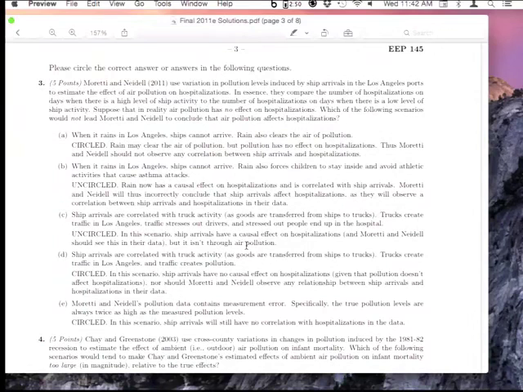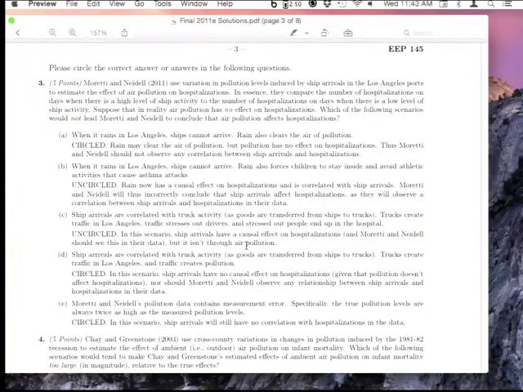So let's suppose that in reality, air pollution has no effect on hospitalizations. And so then it asks which of the following scenarios would not lead them to conclude that air pollution affects hospitalizations. This is maybe a little bit confusing because there's the "not" in there. But the question is basically saying, which of these things is not going to cause a bias in the answer. So the things you want to sort of set in your mind first are